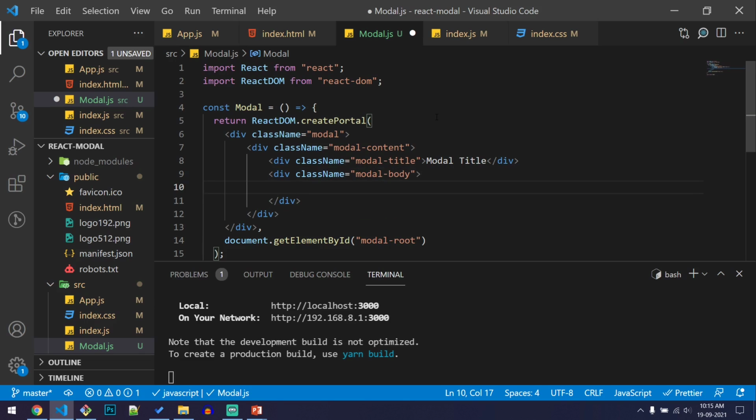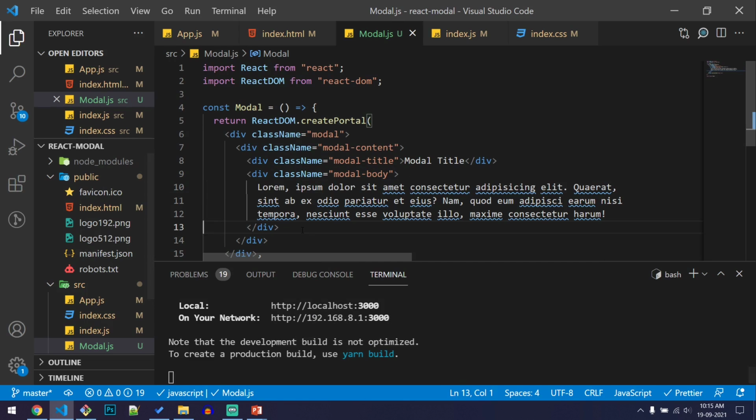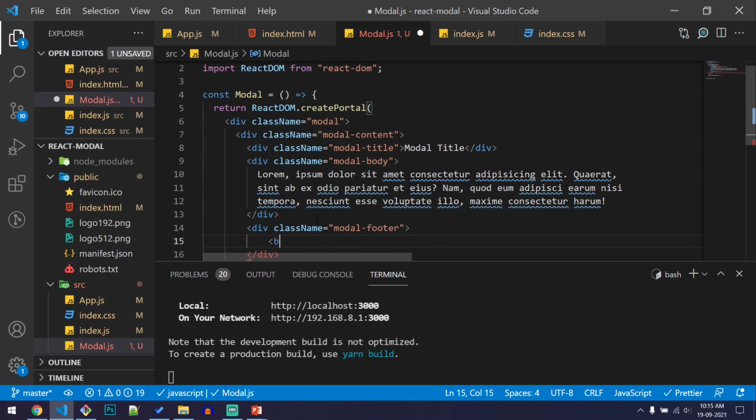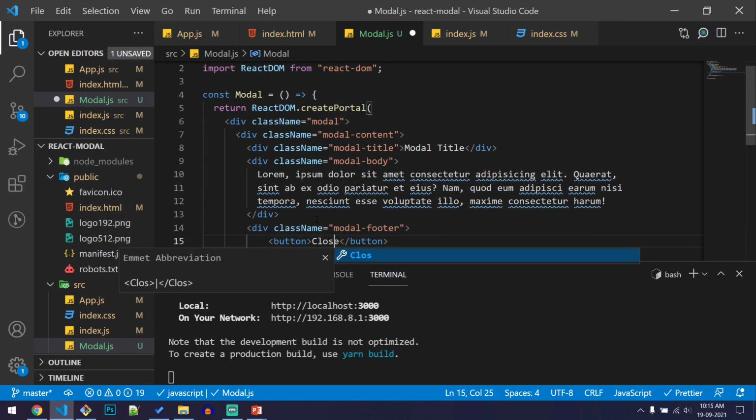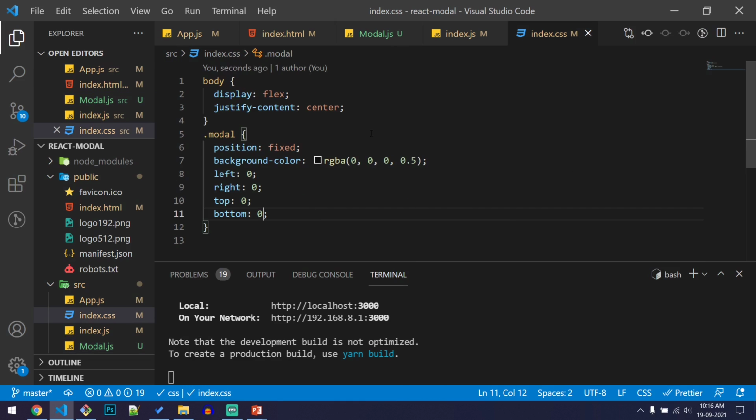Let us add some random text to it, and also we will have a footer to the modal which we will be using to close the modal. Modal-footer, and inside this we will have a button, say close.